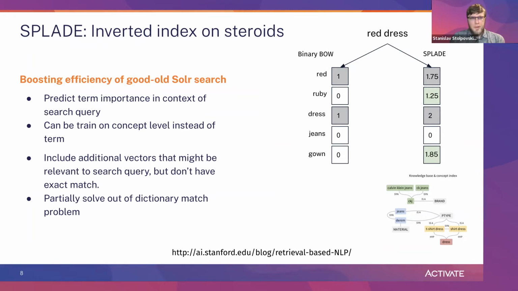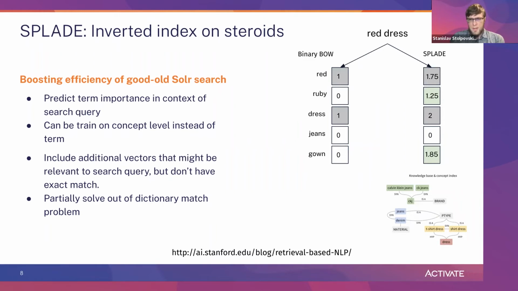SPLADE is a model that helps to predict term importance on the good old bag of words index. Bag of words has a binary intersection between the query and the terms in the index. You either have an intersection between terms, or you don't. Now, using SPLADE, we can have a weighted intersection, and we can include terms that don't have a direct match by text,